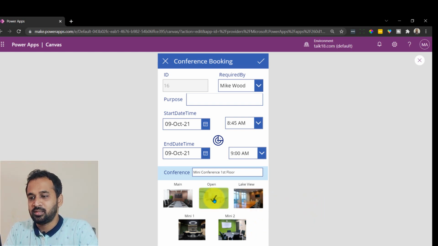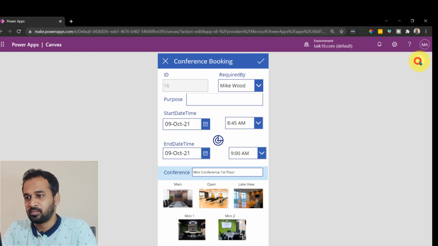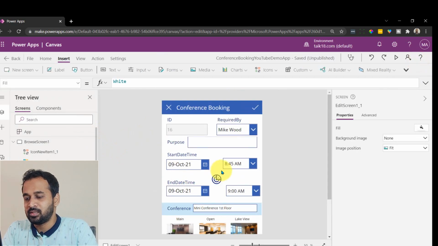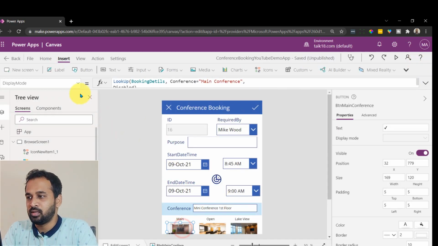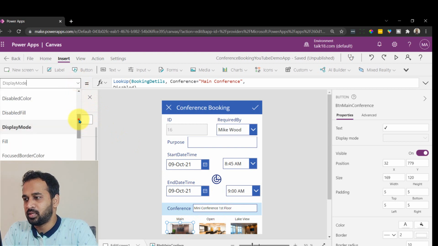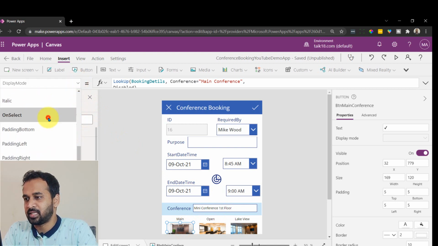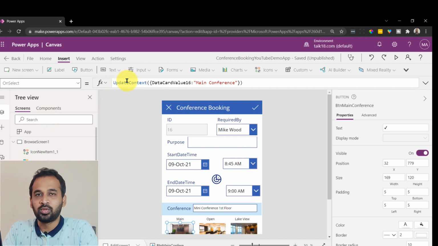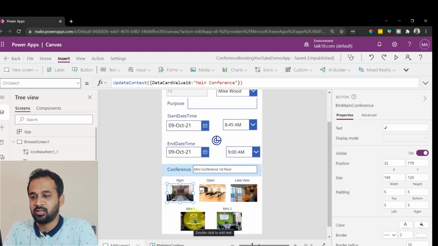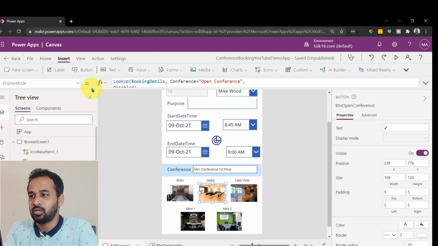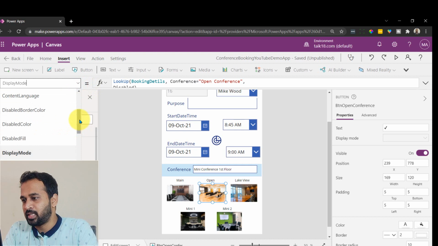And coming back here, now we need to save this one and we need to edit this one. Okay, so I'm just clicking on this button, and if you look at this button, I have on select. So I'm using a local variable, update context data card value 16 is equal to main conference for this button, and for this one it's equal to on select property